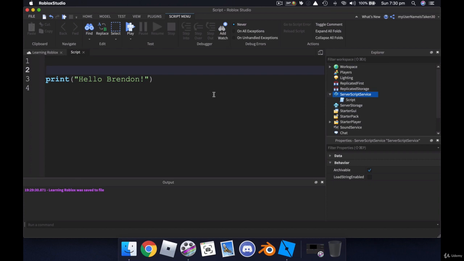Now a comment is something that is not read as code but you can put in your code, and the way we do that in Roblox Studio is to start off with two minus signs, which are the ones next to the equal sign, and you can then type whatever you like. So this is a print statement. Okay, so this is like notes that you can keep in your code that remind you or tell you what